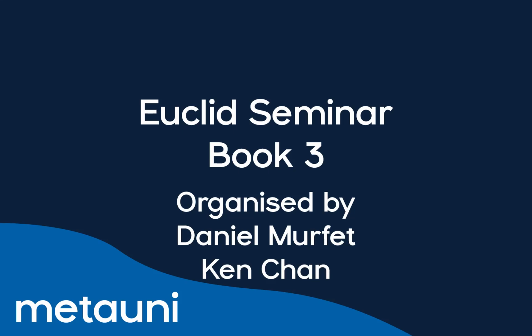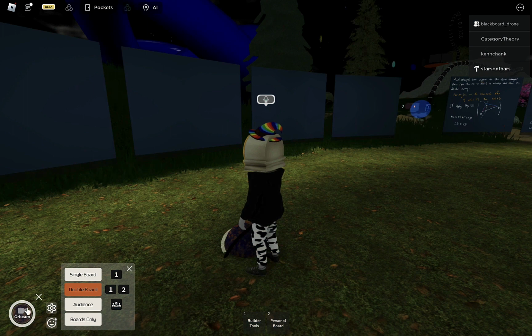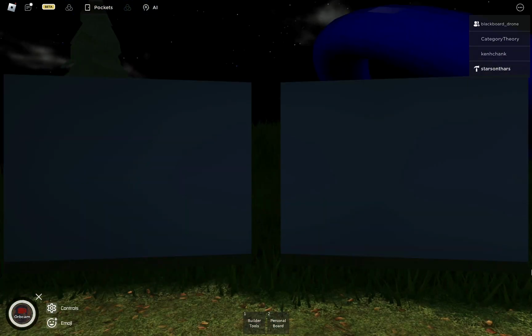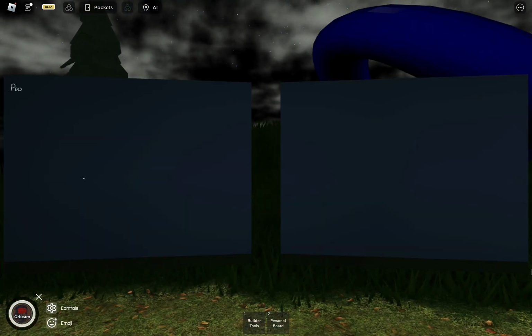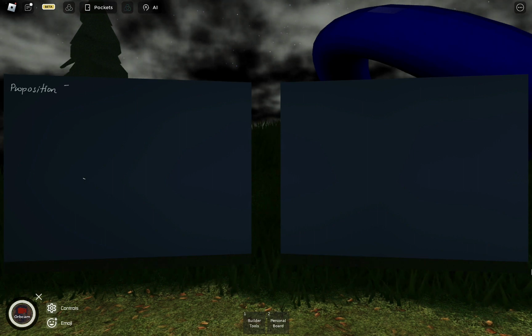I found these proofs a bit aggravating, as you'll hear. All right. Proposition 11, Book 3 says, if two circles touch one another internally,